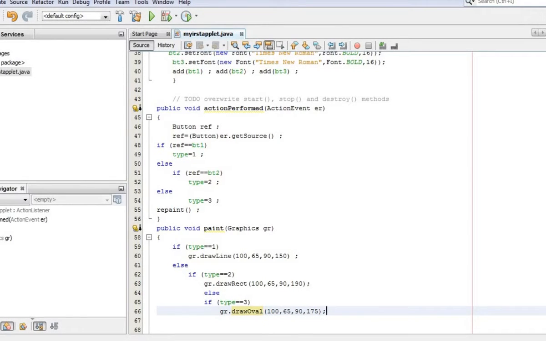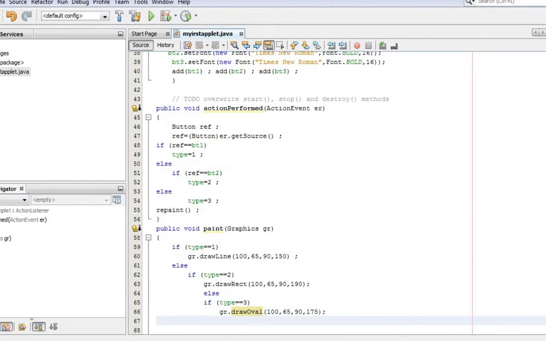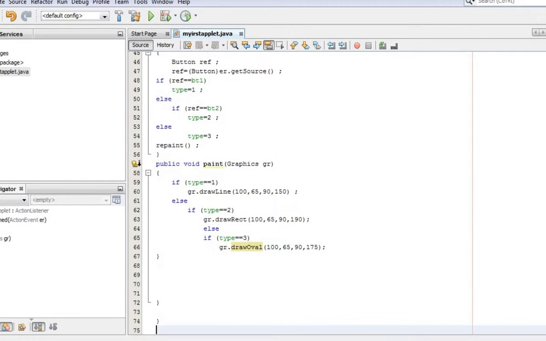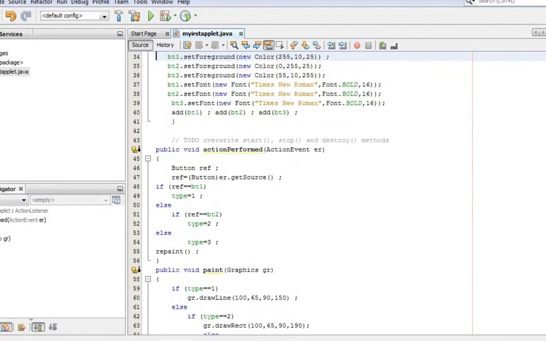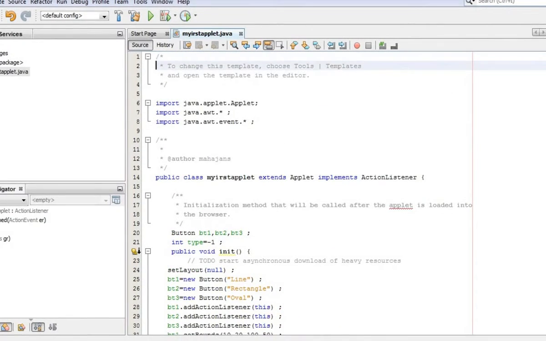All the arguments being supplied by me for drawing the rectangle, line, and oval can be set by you as per your requirement. So guys, that's it. Here we go.